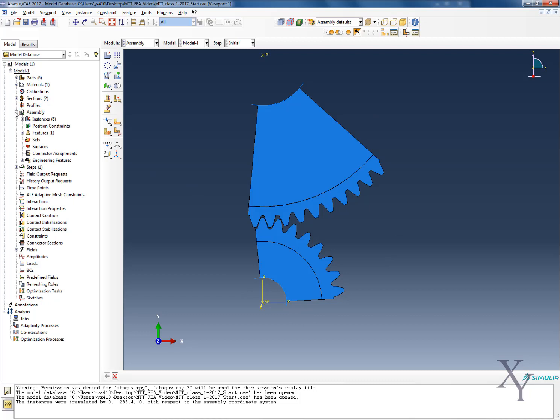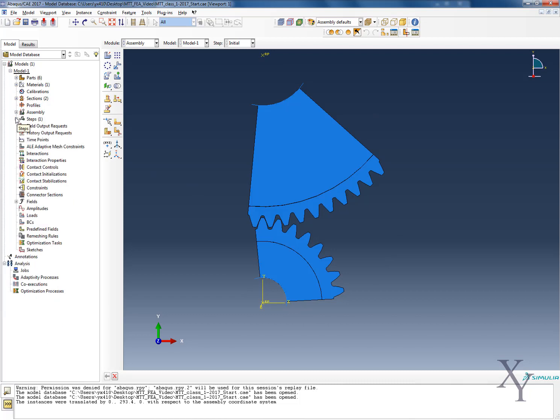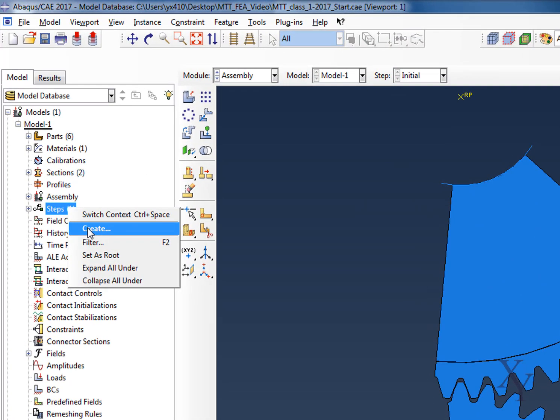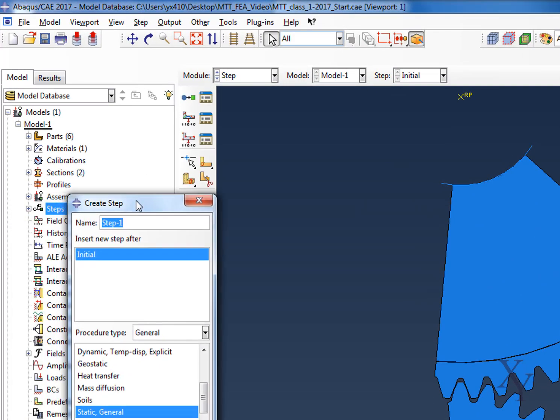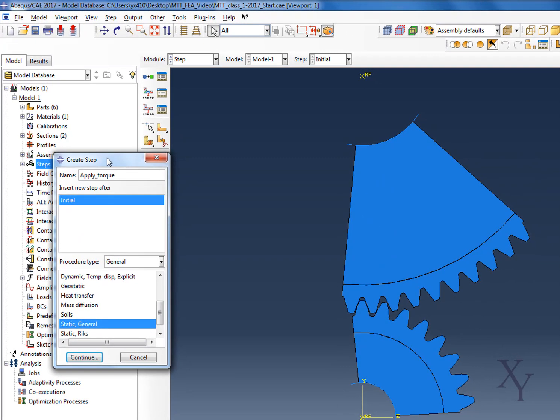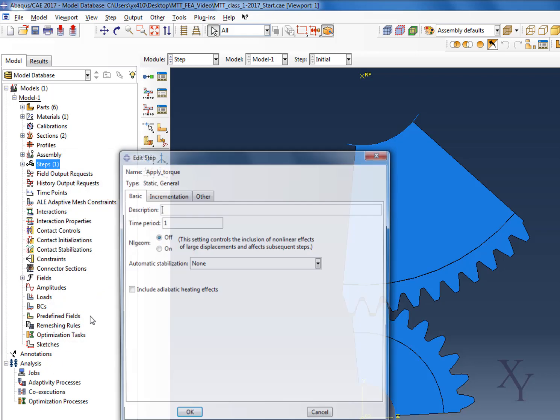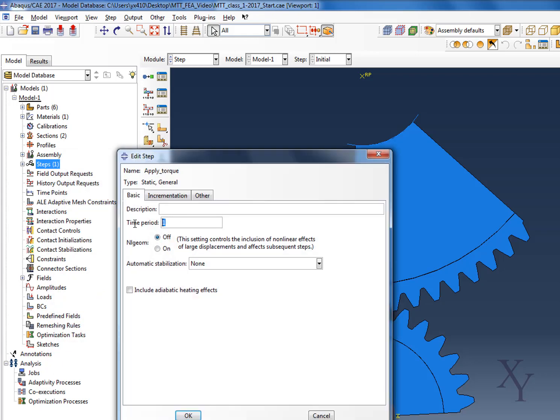Okay, let's move on to the steps. We need to define 2 steps, basically. And the first one, we can call it apply torque on the pinion. So the time period we set about a very small duration is 0.1 seconds. And let's turn the